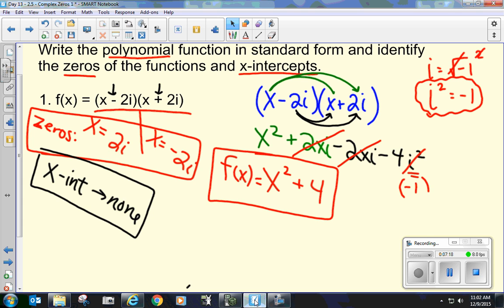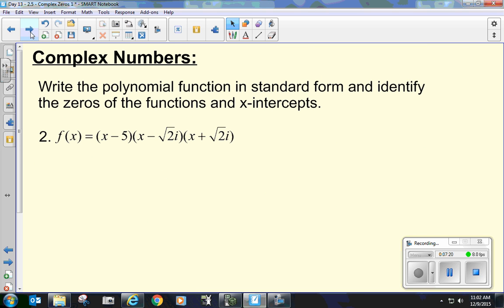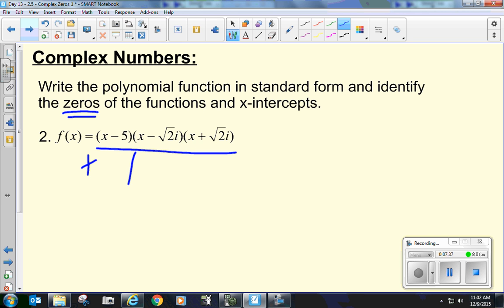So here we go. Let's try this. Let's take it a step forward. Without doing any work, who can tell me what the zeros would be right now, without even doing work? Well, x minus 5 equals 0, right? We're going to T-bone this. So x would equal 5. X would equal,